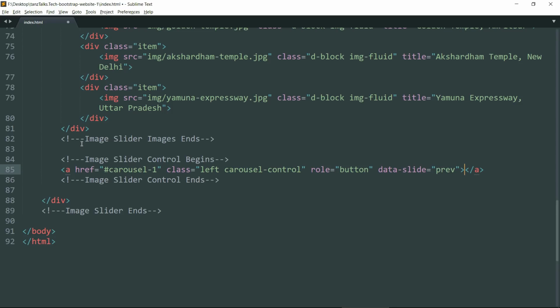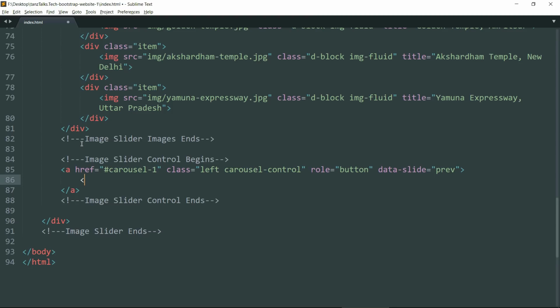Now let's drop down and create a span tag and give it a class of glyphicon. We are using glyphicons here, so we need to mention it here. glyphicon glyphicon-chevron-left, because we need the left icon here. We are defining the left control first, then aria-hidden as true.